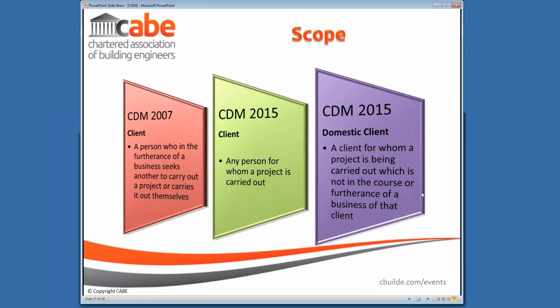So we've taken away the all-encompassing definition and tweaked that. We've changed the definition slightly, and it does mean that in some cases the client now will transfer some of their duties to the contractor in the domestic sector. It is also important to understand that under the proposed regulations, whereas in the past it would have been the CDM coordinator who usually ensured that notification had gone off to the Health and Safety Executive, it's the client's main responsibility to make sure that is done in this case.